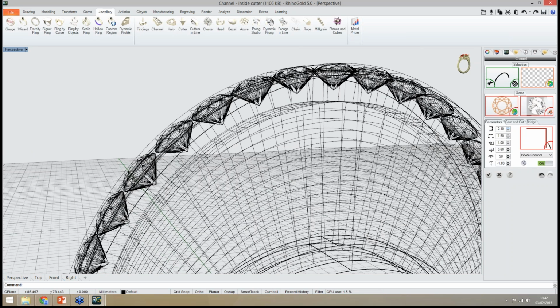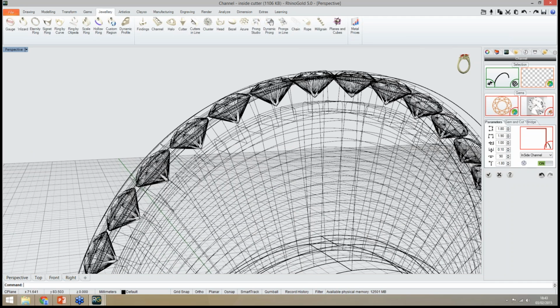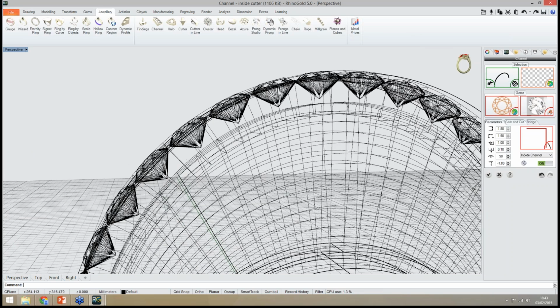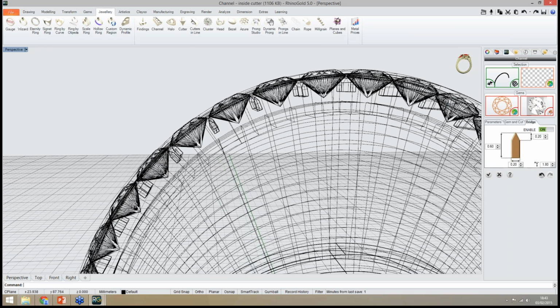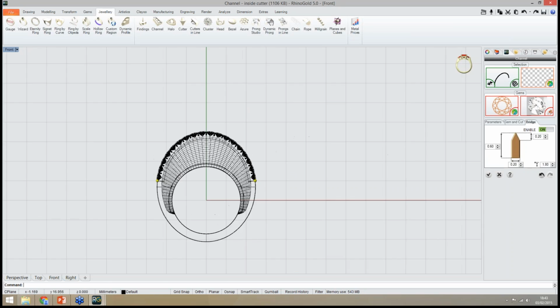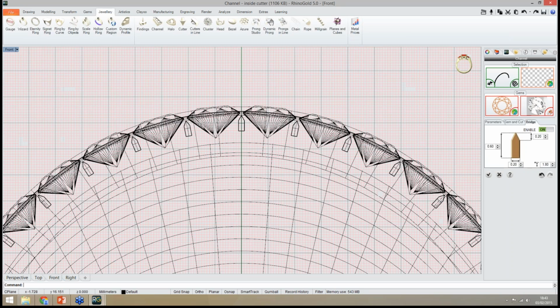We also added a new possibility. Let me just adjust the parameters. In this case, I want to define the height more in here and less in here. And in the last tab we have the bridge option. Let me go to the front view, it will be easier to understand.